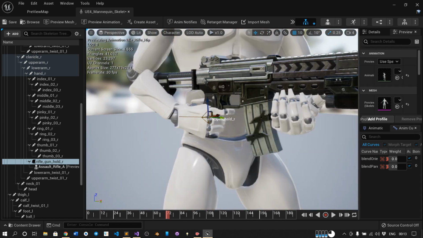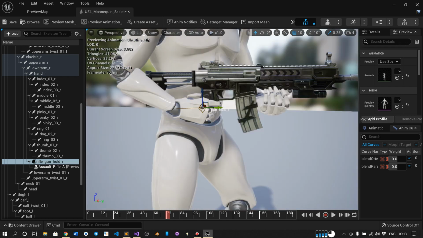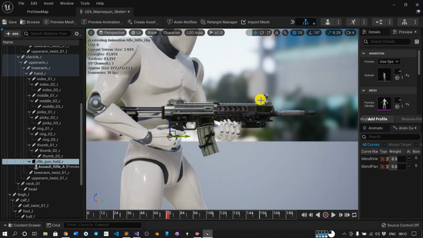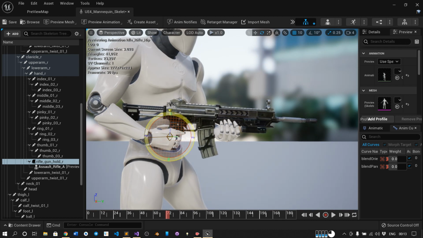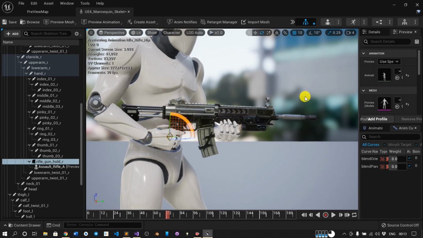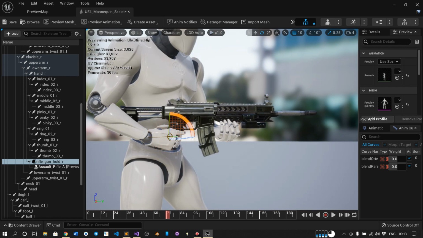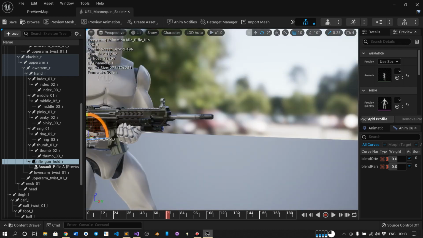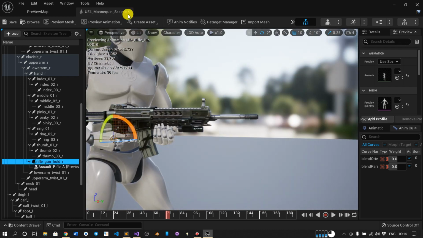We can rotate it slightly, not much, but very slight, and it should work. Perfect.